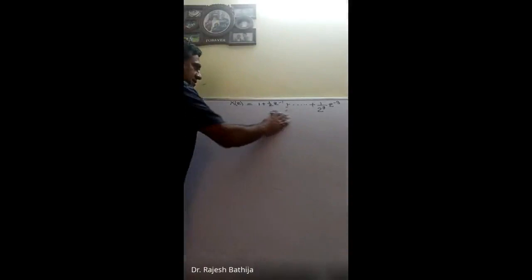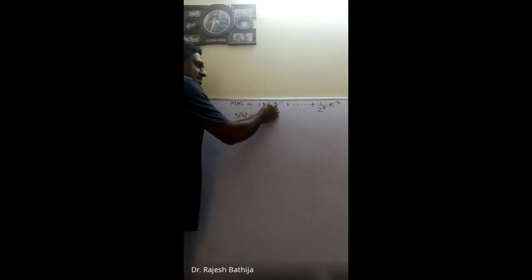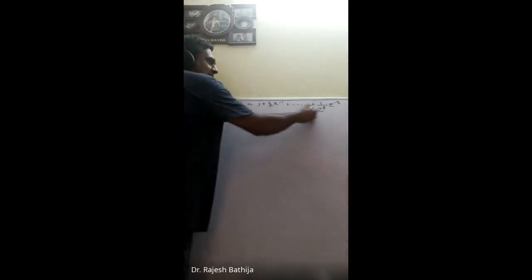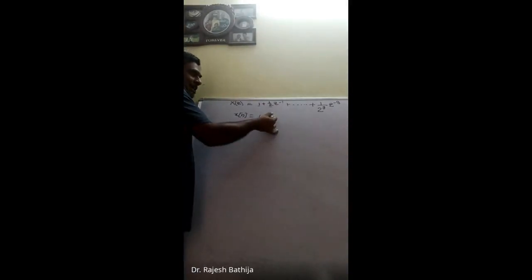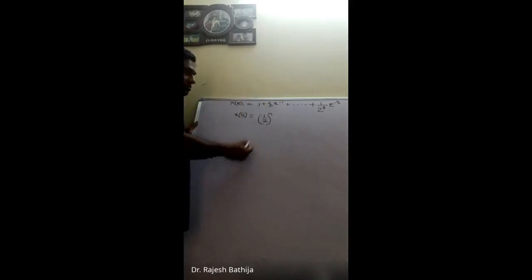Now after getting this X of z, we have to write x of n. How do I write x of n? X of n will be, this is here 1, this is here 1/2, right? It is increasing function of 1/2, right? So it should be 1/2 to the power n first of all, right? Here whether I have to write n or not, just see this by putting n equal to 0. So n equal to 0 रखते ही क्या हो जाएगा? 1. So we are getting this one, right?